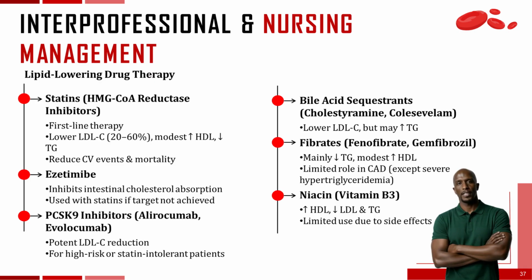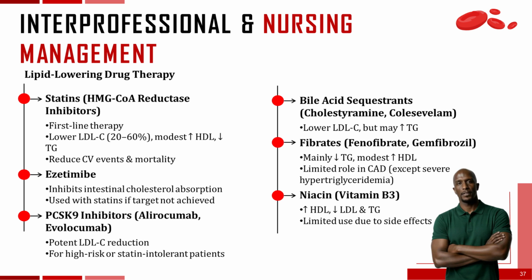Proprotein convertase subtilisin kexin type 9 inhibitors offer potent low-density lipoprotein reduction for high-risk patients. Bile acid sequestrants and fibrates target low-density lipoprotein and triglycerides, respectively, while niacin increases high-density lipoprotein but has limited use